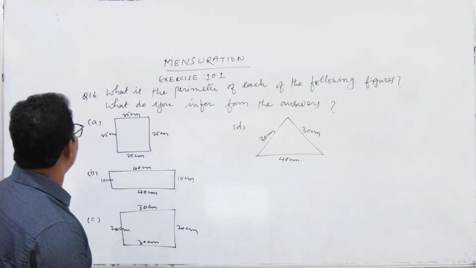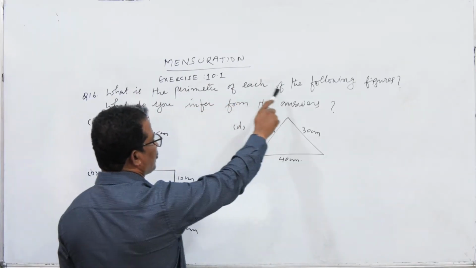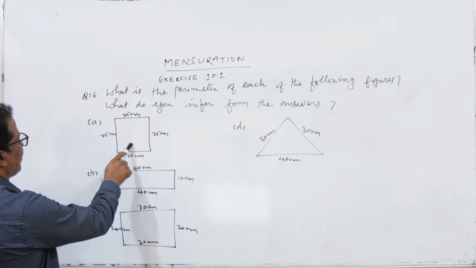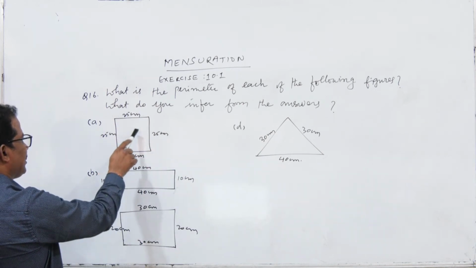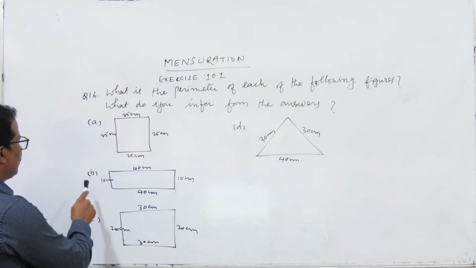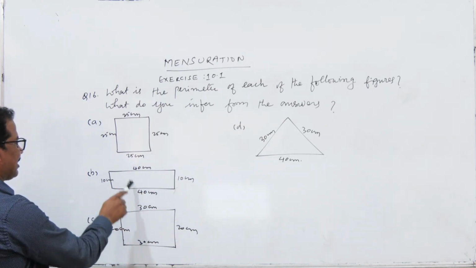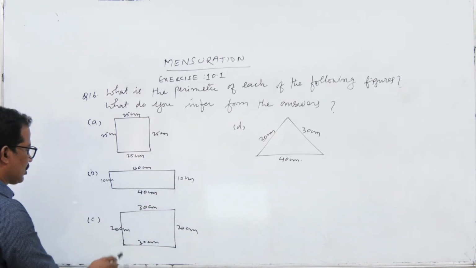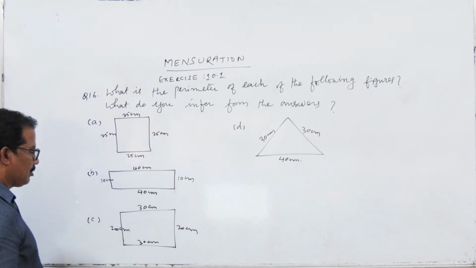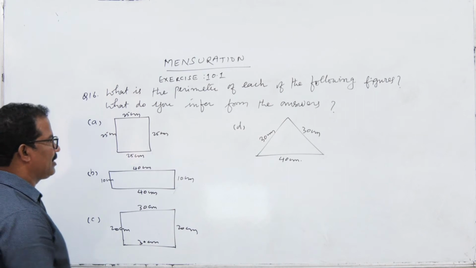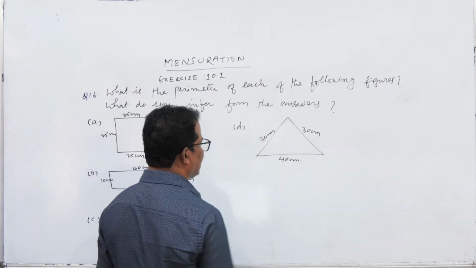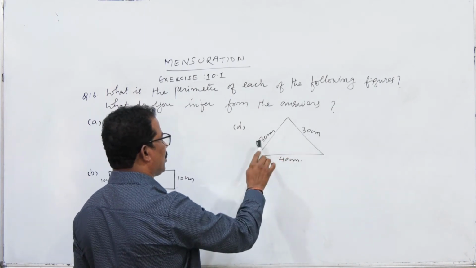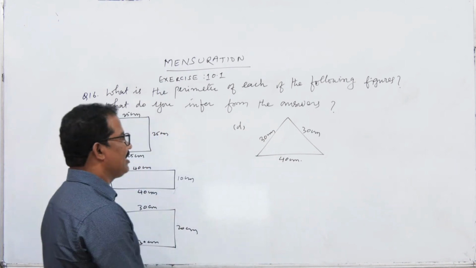Now in question number 16, you see what is the perimeter of each of the following figures. There are 4 figures. In figure A, like a square, all the sides are equal and each side is equal to how much? 25 centimeter given. And in B question, it is a rectangle because the length is equal to 40 centimeter each and the breadth is equal to 10 centimeter each. And for C question, again a rectangle, length is equal to 30 centimeter each and the breadth is equal to 20 centimeter each. And in the D question, it is an isosceles triangle because its two sides are equal. So length of each equal side is equal to 30 centimeter and the unequal side is 40 centimeter.